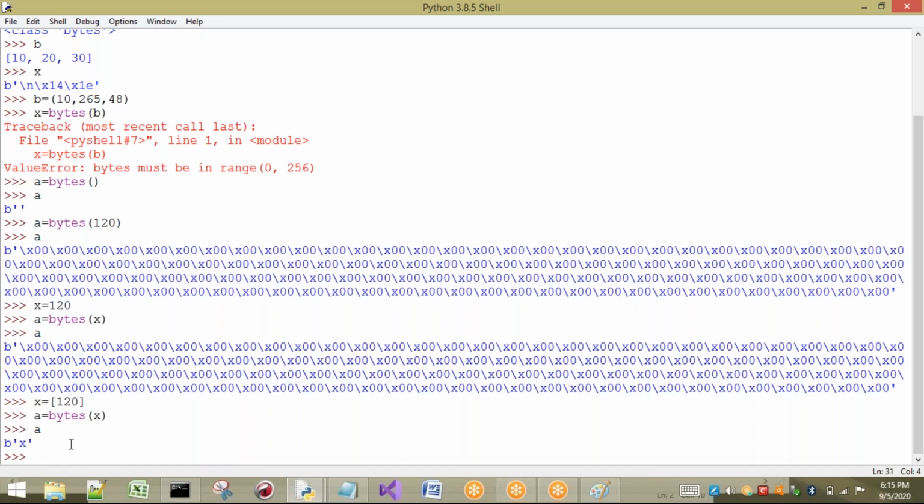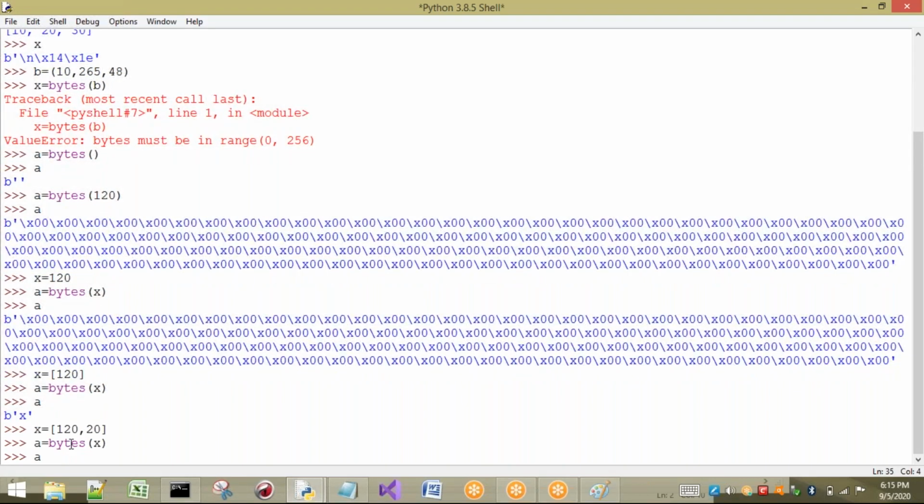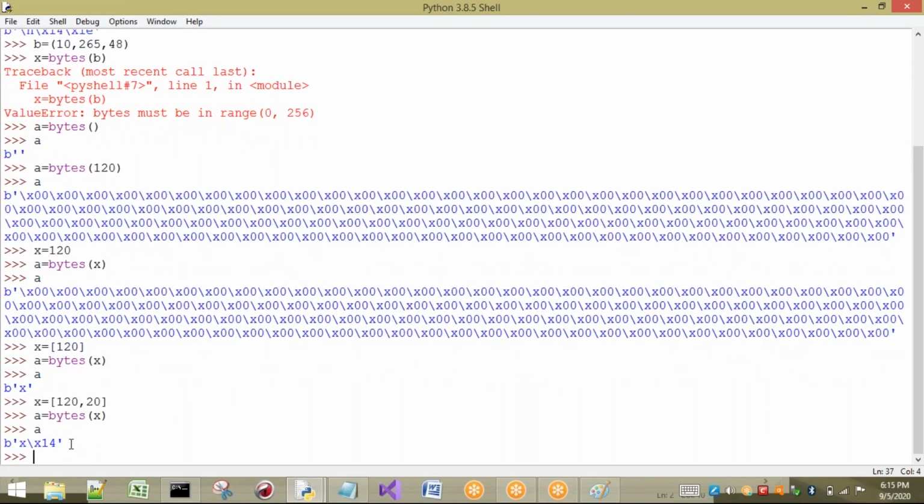If I take two more values, you can observe here some 20. And for example, a equal to bytes of the value x, print a. We are going to get some values. That means internally, if you want to print the elements of bytes, we have to use some for loop. So this is about bytes values.